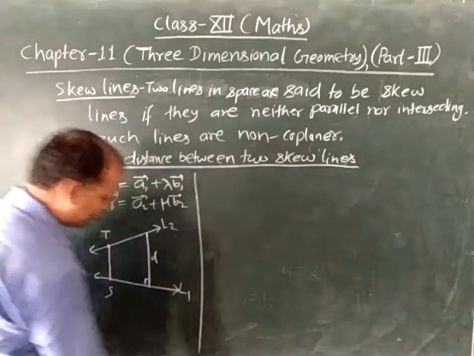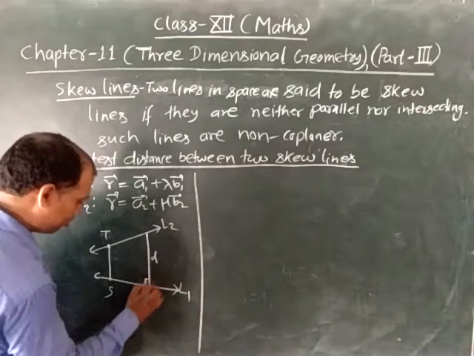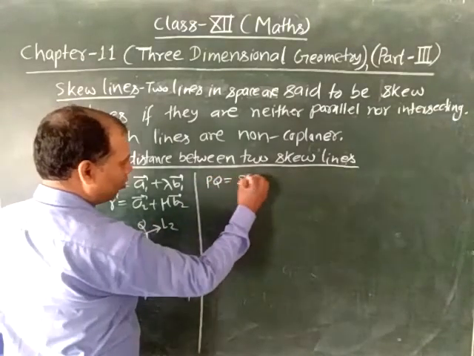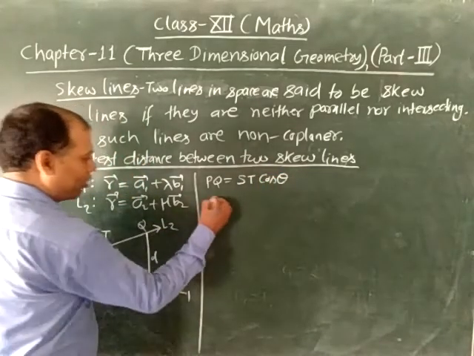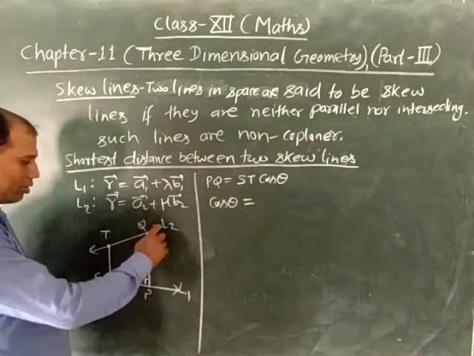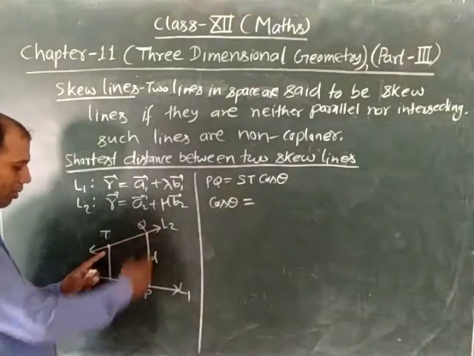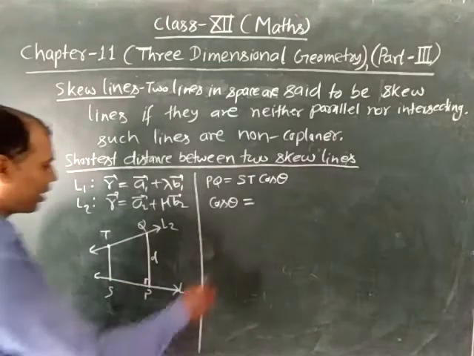So we can write PQ equal to ST cos theta, and theta is the angle between these two lines of ST and PQ. So cos theta can be written as